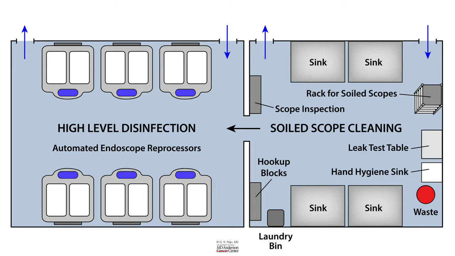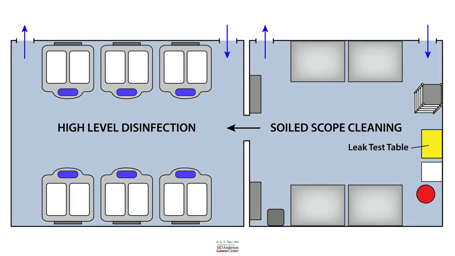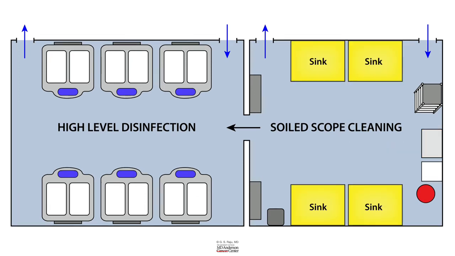blocks, and scope inspection. And then if you move to the next room, you have the high level disinfection room with automated endoscope reprocessors. So once you bring the scope to the scope cleaning area, you leave it on the rack for soiled scopes, and from there the personnel in charge of this area will first do the leak test. And after the leak test, once the scope passes the leak test, they take the scope to the sinks for manual cleaning. And once manual cleaning is done, you take the scope to the scope inspection area to make sure